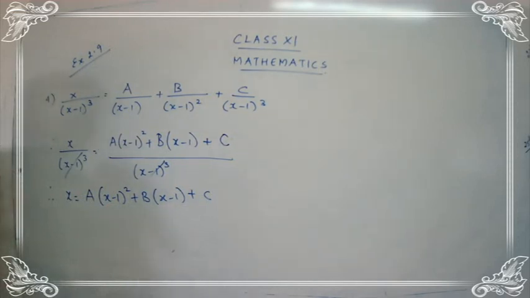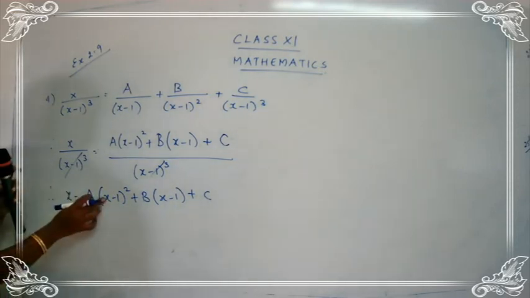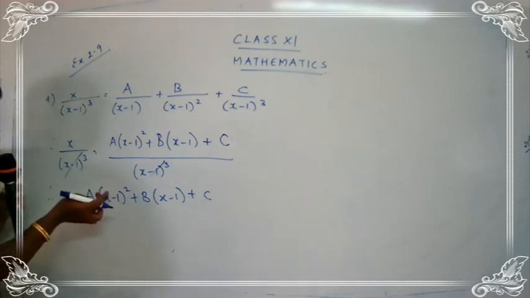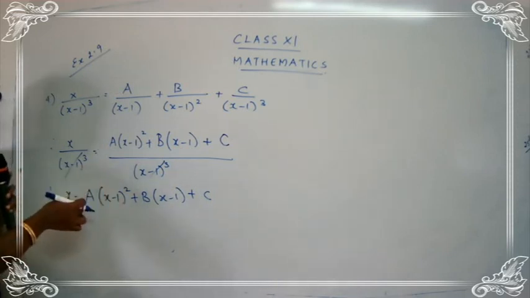So first thing is, I am going to take the value for x. We have to choose 3 values of x, and we are going to find out 3 unknowns. Here we have x minus 1. So when does this term become 0? Yes, when you take x is equal to 1. If I put here 1, what will happen? This term becomes 0. And if you multiply with 0, what happens? The whole term gets 0.